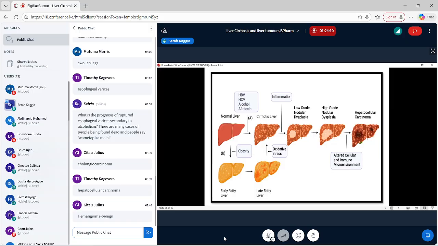So for the pathogenesis, what usually happens is, for example, there's exposure to toxins, like the inflammatory hepatitis B, alcohol, aflatoxins, and they lead to the liver becoming cirrhotic, as we can see here. But there's continuous oxidative stress in this inflamed liver because of the injury that is continuously occurring on your hepatocytes. So it gets to a point that the liver is not able to control the inflammation going on,